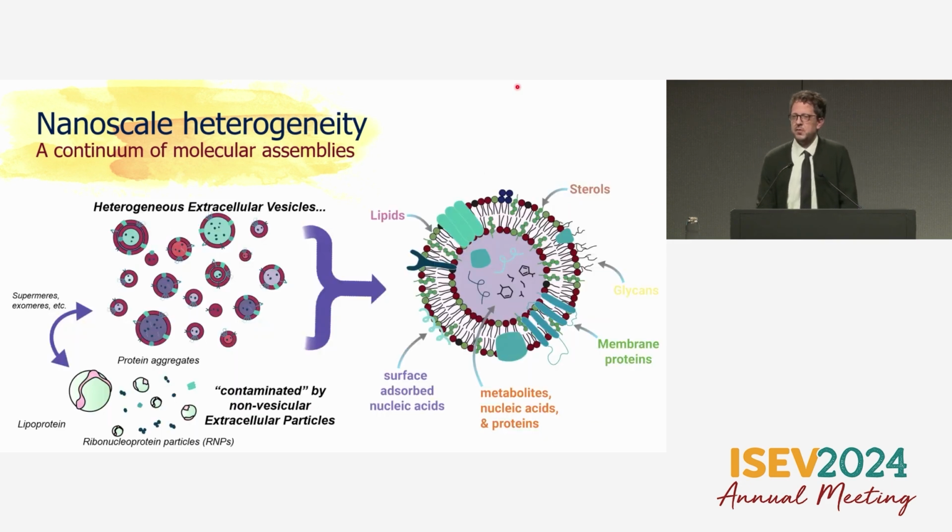So again, thinking about cartoons and the pictures that we represent these with, I think it's important to start drawing EVs like how we see them in our imaging techniques, and I'll show you some images. Of course, we start to see people drawing these with heterogeneity in size, but also lamellarity is a massive thing. And of course we now know that there are lots of particles that actually aren't vesicles, but are in between these aggregates that we typically think of, solid particles like lipoprotein, ribonucleoprotein particles, which is an emerging field of RNA binding proteins and RNA that can be as big as EVs as we typically think of EVs. And of course, overlaid on all of that is this complexity in molecular content.